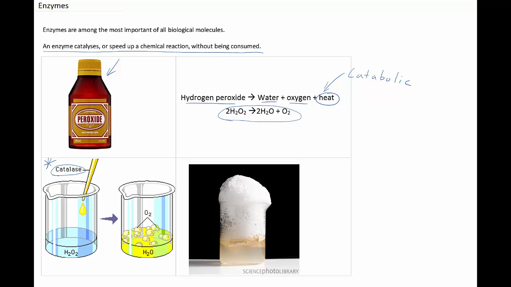If you make up a solution of baker's yeast and add it to the hydrogen peroxide, what do you think might happen? Well, if you're clever, you'll realize that the catalase in the baker's yeast will catalyze or speed up the rate of decomposition of hydrogen peroxide. This means that oxygen will be produced at a faster rate, and you'll see it bubble rapidly and froth. Catalase is found in several organs and tissues, including the liver, whose job it is to speed up the breakdown